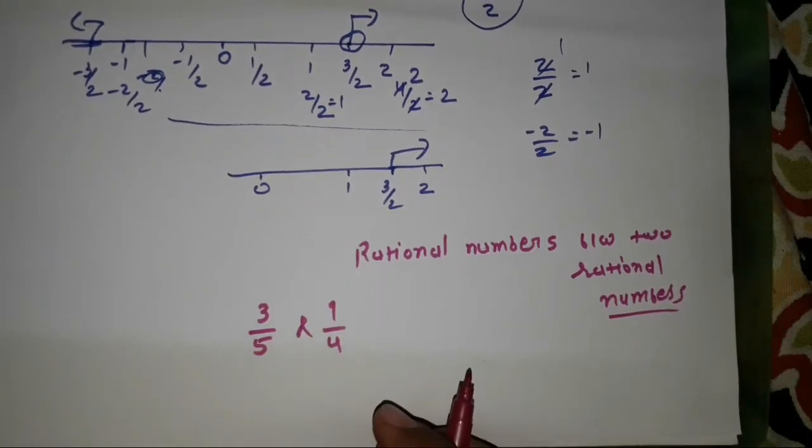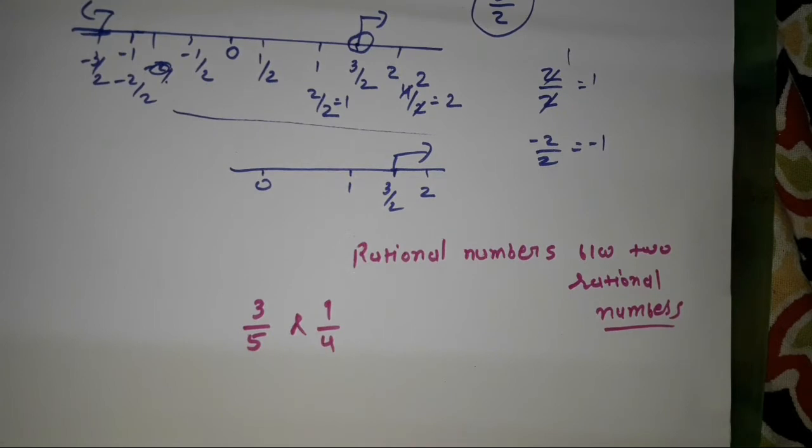First of all, to find the rational number between these two numbers, we can clearly see that both the denominators are different. So first we have to take LCM to make the denominator the same. And how to take LCM, that we know. Because denominators are different, we are not able to find rational numbers between them. So the first step is 3 upon 5 and 9 upon 4. The LCM of 5 and 4 will be 20. So here I have to make the denominator 20.